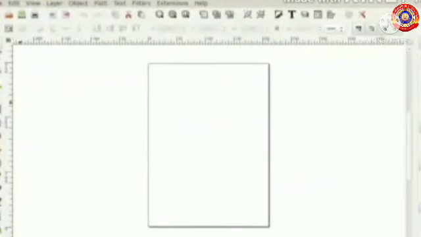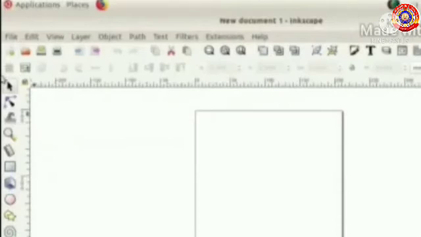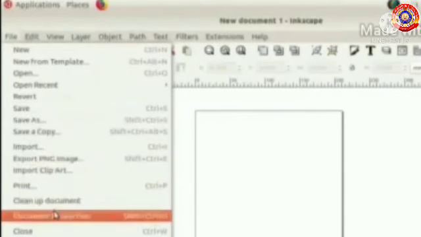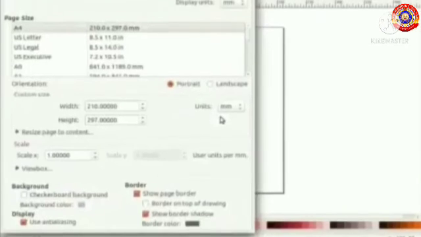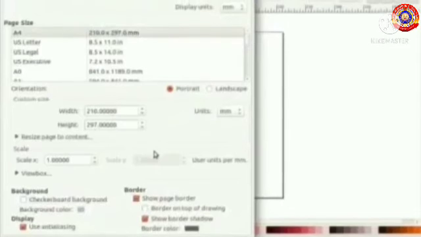See, this is the window of Inkscape. Here, we can see a page border, right? We will remove this page border first so that we can get enough space for our work. For that, click on File menu and click on Document Properties. Here we can see a new window.